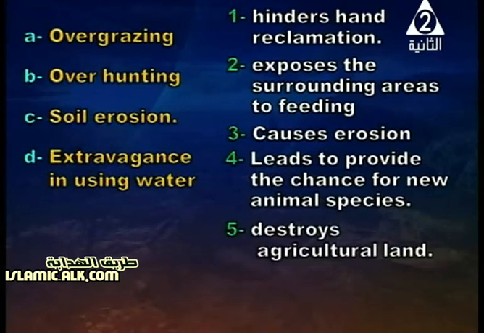Also we have destroys agricultural land. As you see, my dear students, in the left column we have 4 factors here affecting the environment, like overgrazing, overhunting, soil